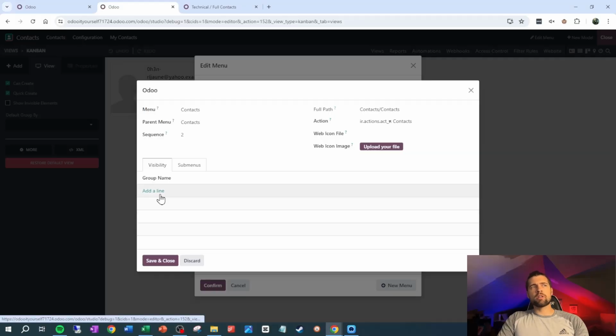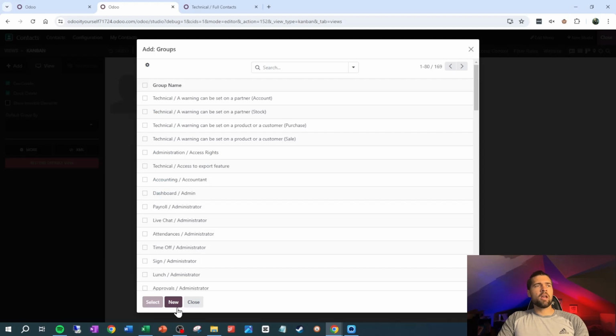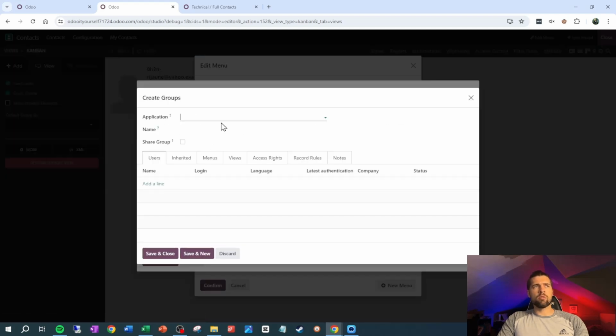But if we add a group right here to say you have to be part of this group to see this or part of one of these groups to see it, then anyone that's not part of those groups can no longer see it. Now, if that was too muddy for you, I'm sorry. I'm going to show you how this works. So what we're going to do here is add a line, okay? And we're going to set this as a new group. We're going to set it as technical, okay, for the application. And then we're going to say view all contacts here, okay? We're going to save and close,